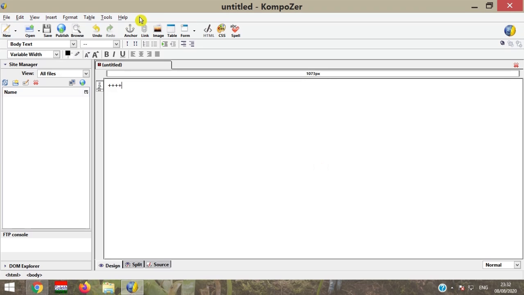Start from here. This is called the menu bar, on which File, Edit, View, Insert, Format, Table, Tools and Help are available, a total of 8 menus. Below the menu bar, there are 3 toolbars. First is the Composition toolbar, then Formatting toolbar number 1, and Formatting toolbar number 2, which are used to format the text, add bullets, numbering and perform similar formatting options.